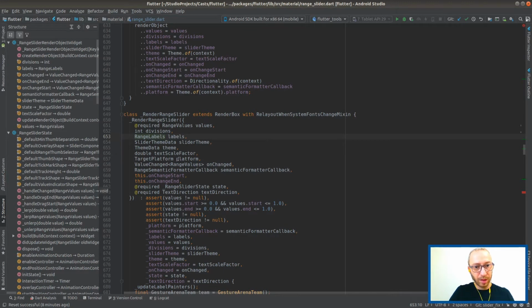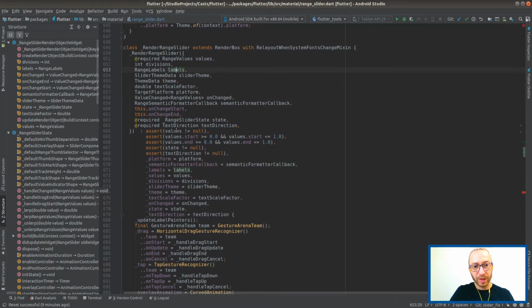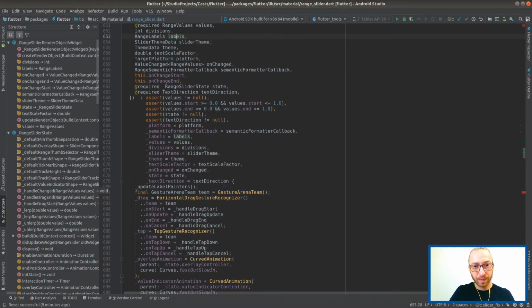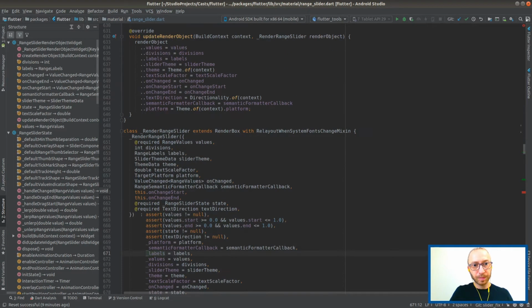So I think as long as the labels are, they required? They're not required. But if you do set them, I think they have to be not null. Do we check for it ever?